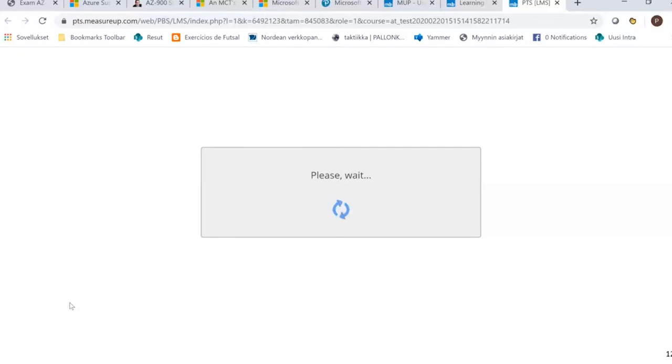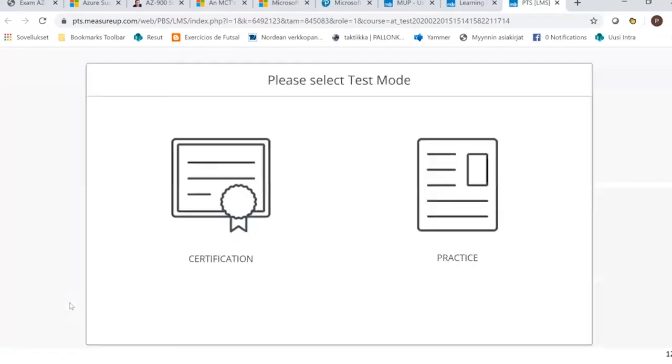Just one moment, it will activate. Like I told you, this is really good also for studies, not just testing yourself, because there are two different modes here in this practice exam. There's a certification mode, which is just like the actual certification exam. Exactly the same time frame that you have to do it, almost exactly the same user interface, and everything is just like the real certification exam. It simulates the real exam.